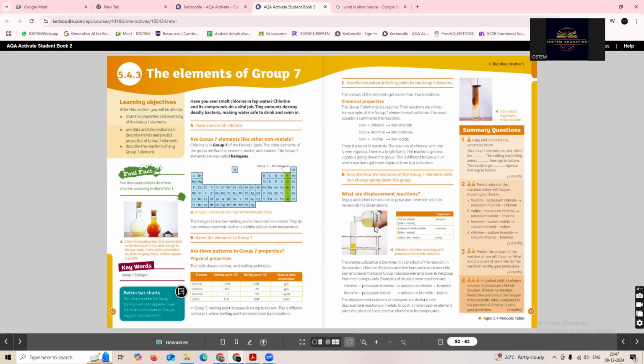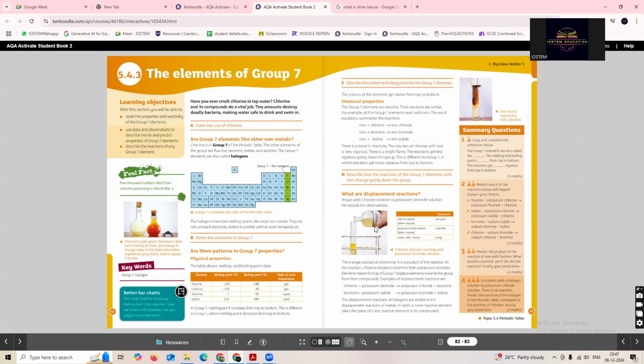Chlorine is after fluorine. So it's fluorine, chlorine, bromine, iodine, and astatine. These are called